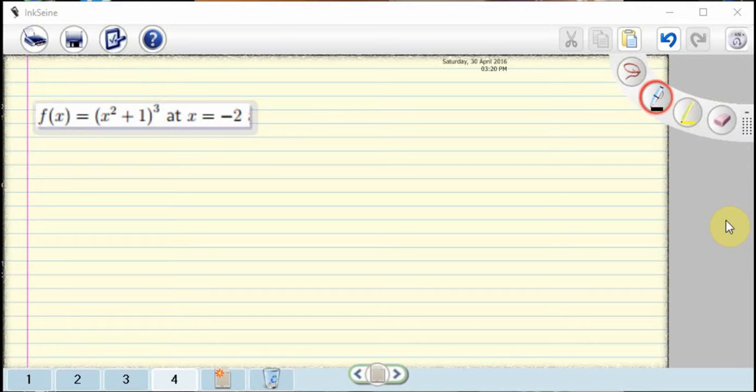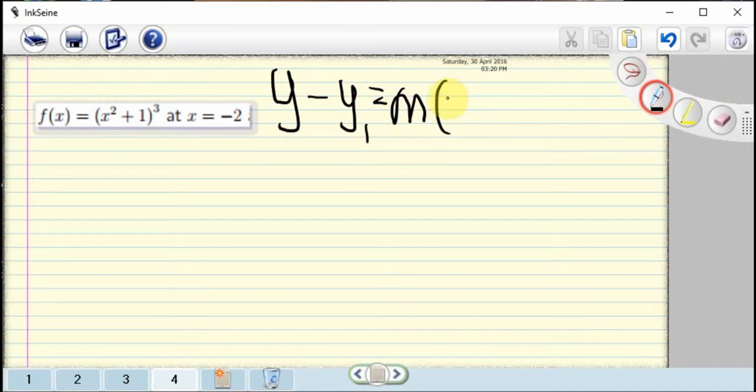So remember, the equation of a tangent is y minus y1 is equal to m times x minus x1, right? First thing we're going to do is find our value of y1, and that is to plug in our value of x1. What is that? Negative 2. So let us find f of negative 2,